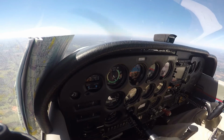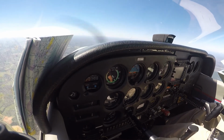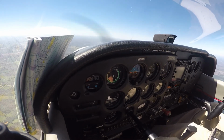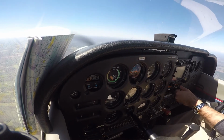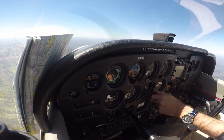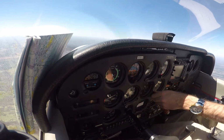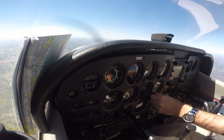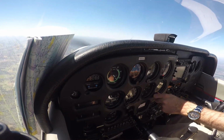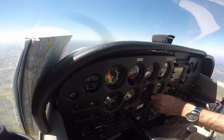We can also do what's called triangulation. So I can go over here to Danville's. It should be close enough here. I'm going to put 113.1 in this one. I'm going to spin her around here. We're going away from the VOR, so I want my FROM flag. I'm off about the